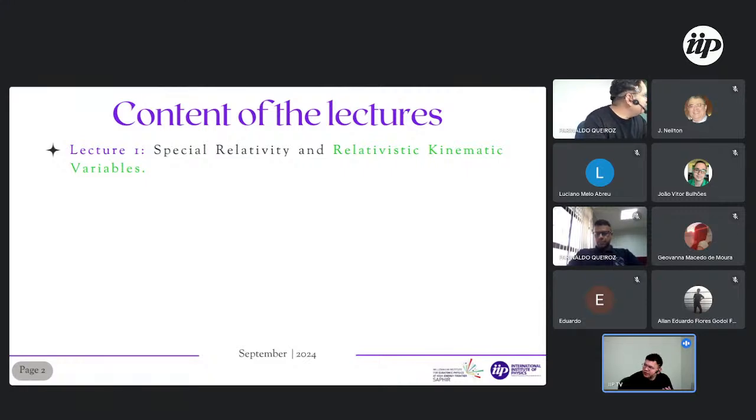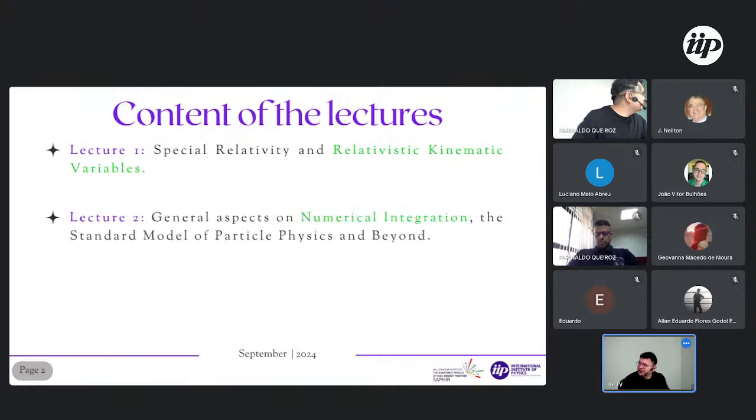So we are going to do some introduction to special relativity and study and derive some equations related to relativistic kinematic variables. And those relativistic kinematic variables we are going to implement in Python in advanced lectures. So for the second lecture, we are going to learn some general aspects using Python of